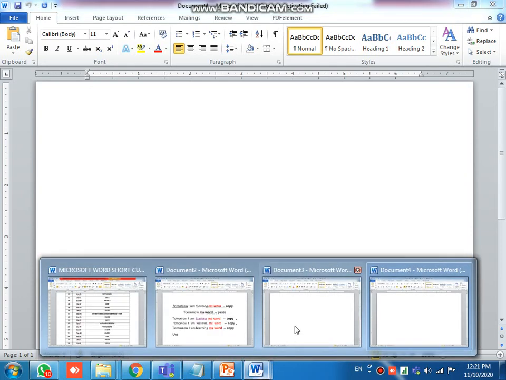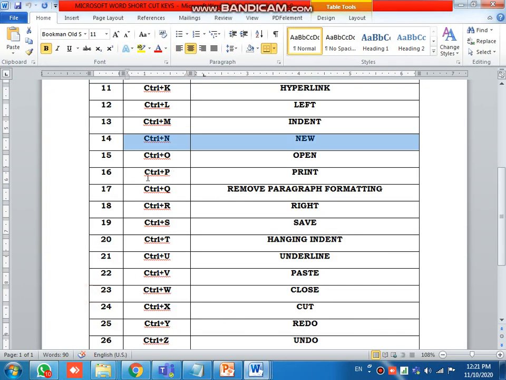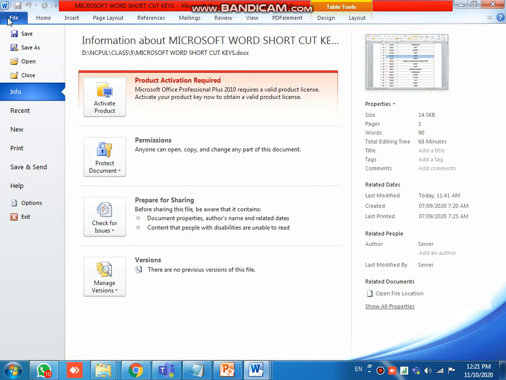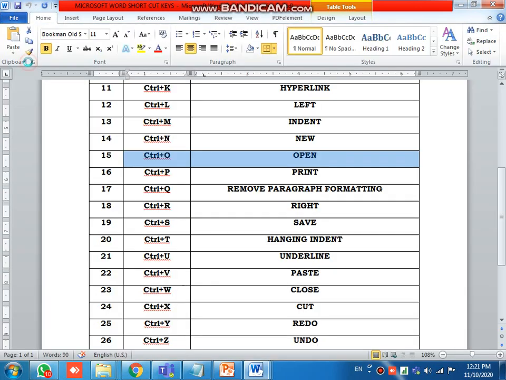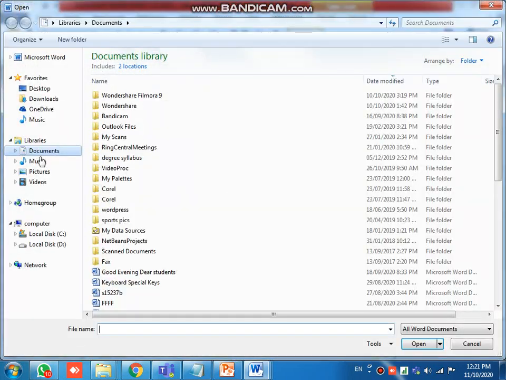Okay, coming to Open. So how to open? If files are already there, if we have saved a file and you want to open it, you go to File and here you will find Open. You click on the button. Generally the default location will be Documents.